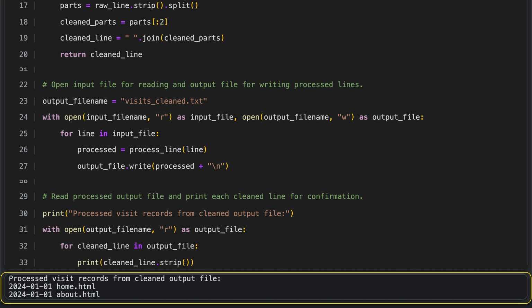This script shows a simple read, process, and write workflow using text files. It first creates an input file with lines that include dates, page names, and extra spaces. The program then reads each line,